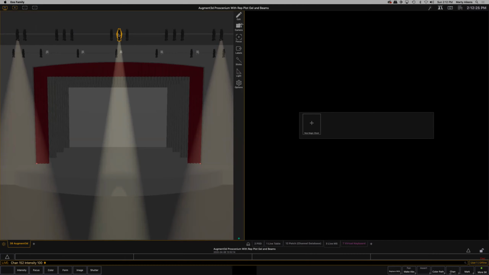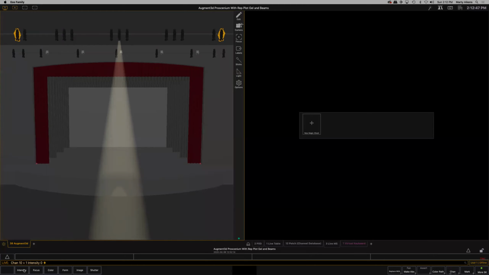That's because this is a conventional, and it's kind of like forcing us to use it like a conventional in the fact that it does not move on its own. Right? I'm going to turn these two guys off real quick so we can see what's happening. So I'm going to deselect, grab this guy, slide down here and click intensity. I'm going to type in 0, enter, and those guys are going to come off